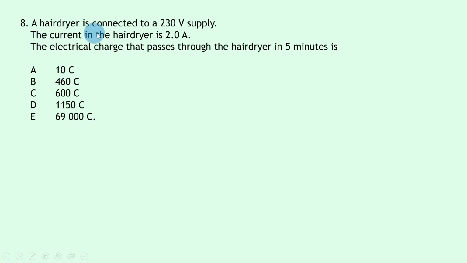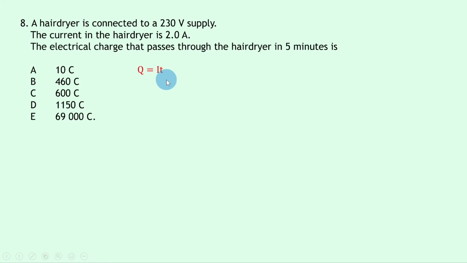Question 8 says a hairdryer is connected to a 230 volt supply. The current in the hairdryer is 2.0 amps. The electrical charge that passes through the hairdryer in 5 minutes is. Well, notice how we're asked to calculate charge. We're given a current and a time, and we can therefore use the equation relating charge, current and time, which